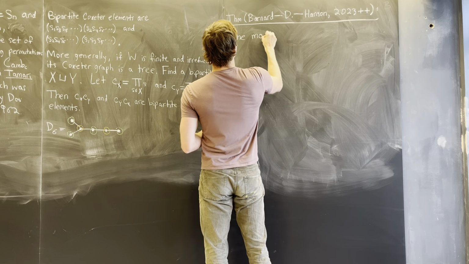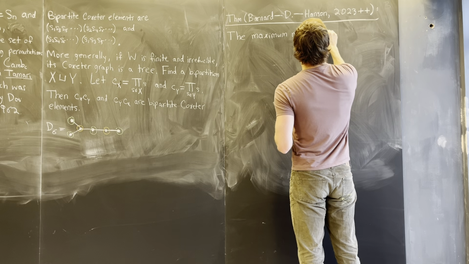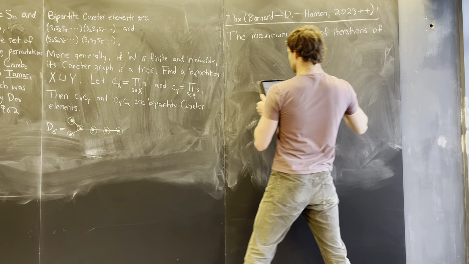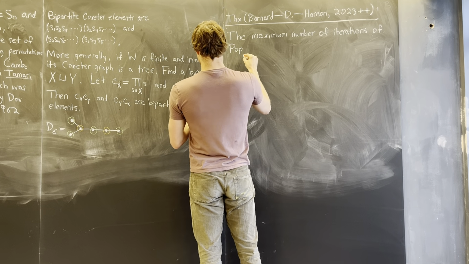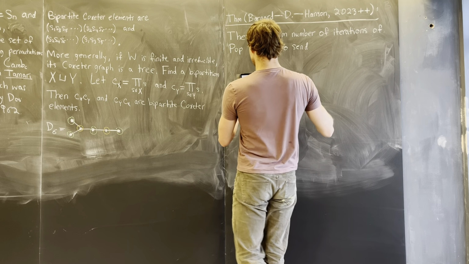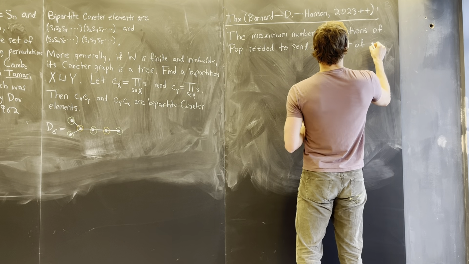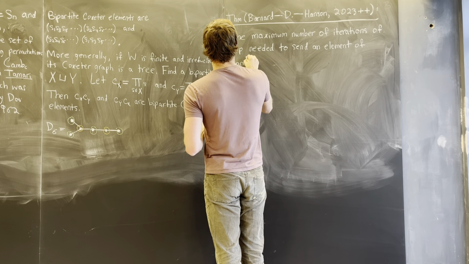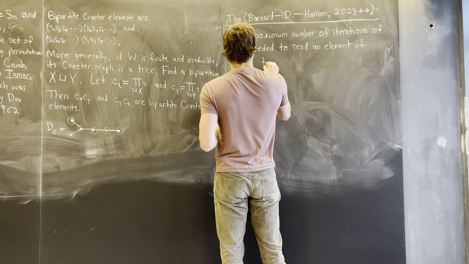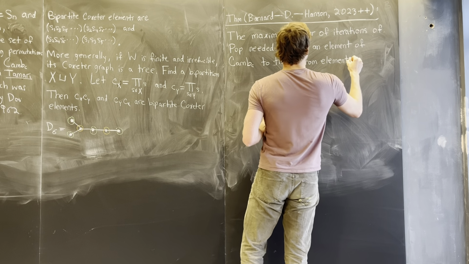the maximum number of iterations of POP needed to send an element of the Cambrian lattice Cam sub C. So here Cam sub C is any Cambrian lattice of any finite irreducible Coxeter group, to the bottom element zero hat